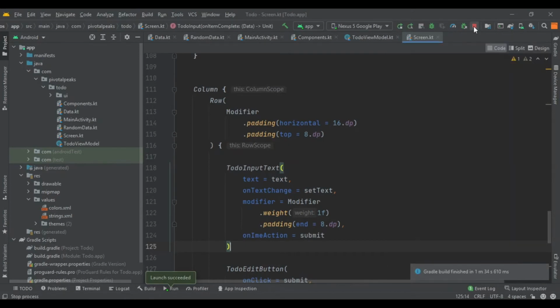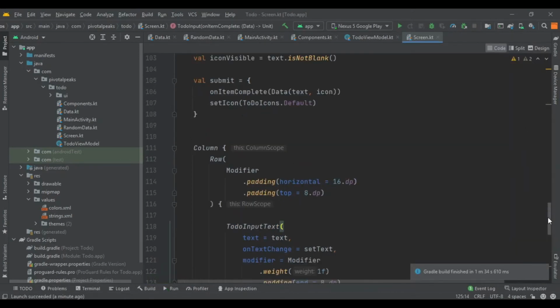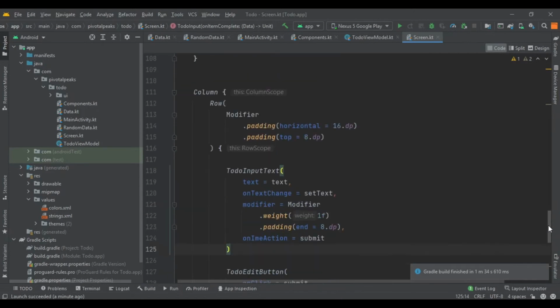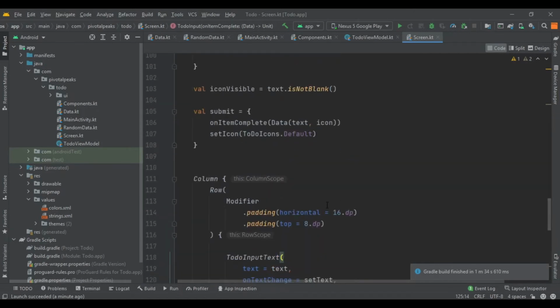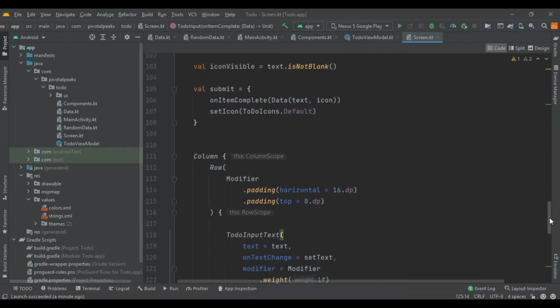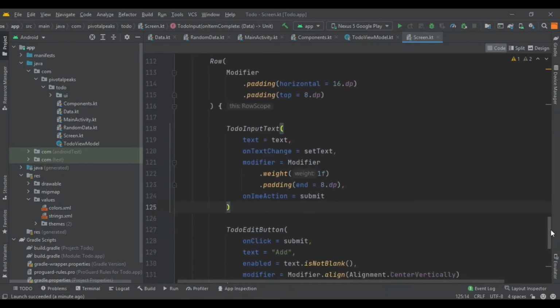What we are going to do is extract this whole column thing from this to make another function. This will allow us to reuse the same composable for both adding to-dos and later, if we want, editing the already added items.